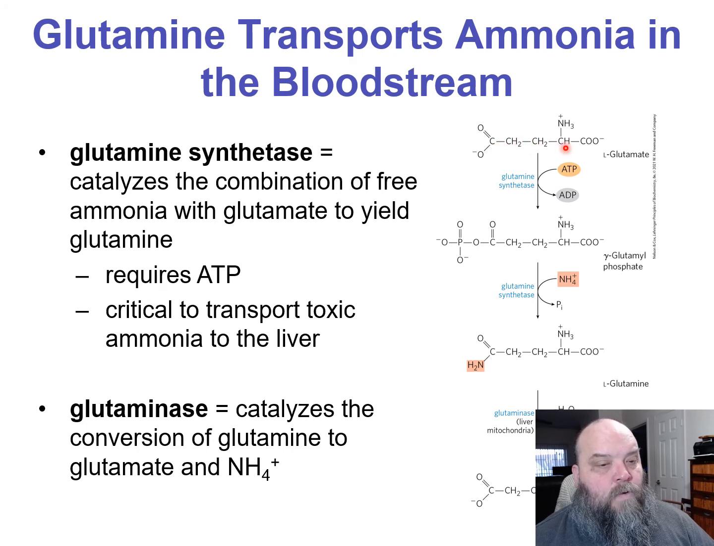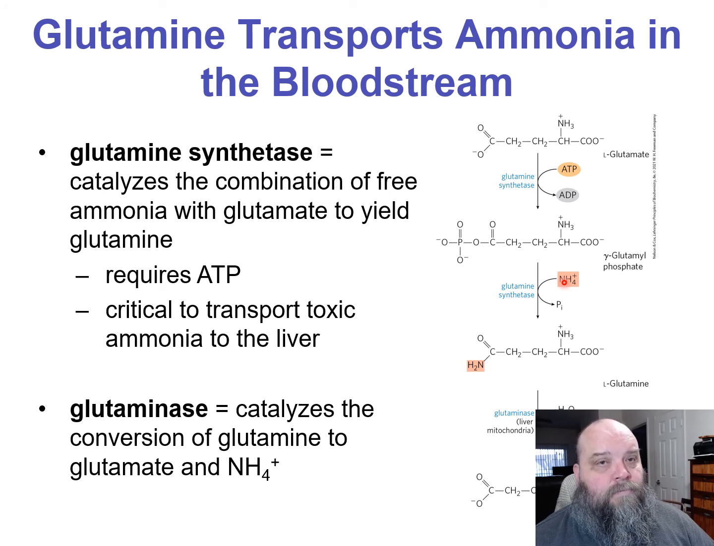1, 2, 3, 4, 5 carbons. You've got the amino groups, and now you've got a phosphate group there. You phosphorylated, gave yourself an intermediary, gamma glutamyl phosphate, with the same glutamine synthetase. So here's an intermediate. The same enzyme is going to take that intermediate, going to take some of that free